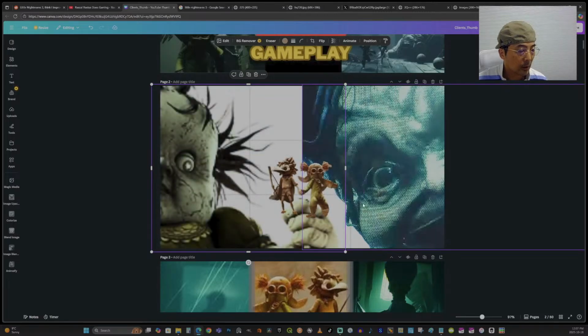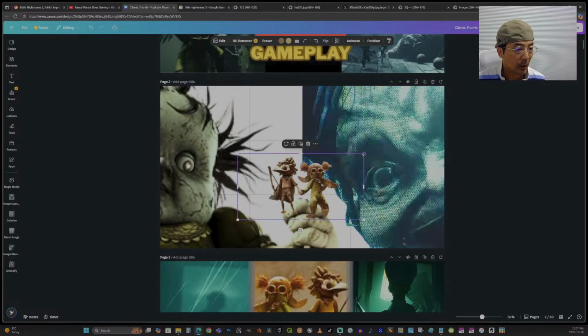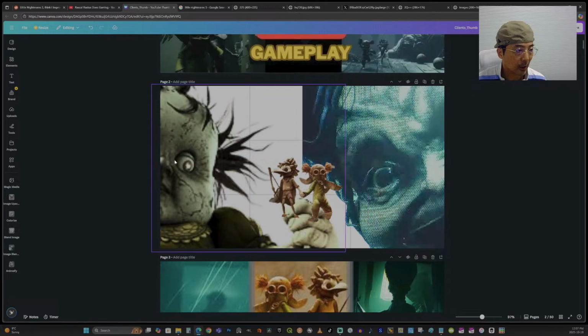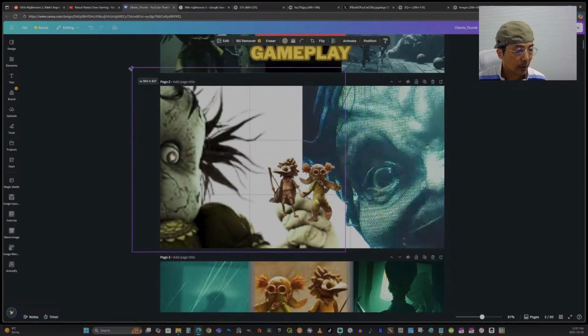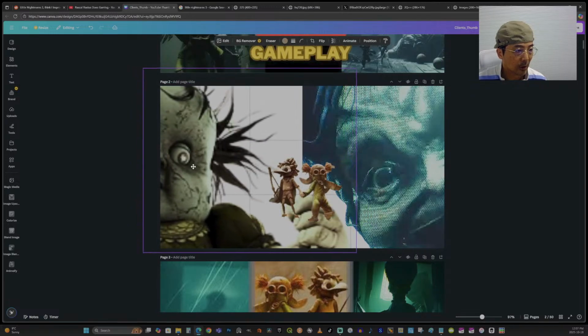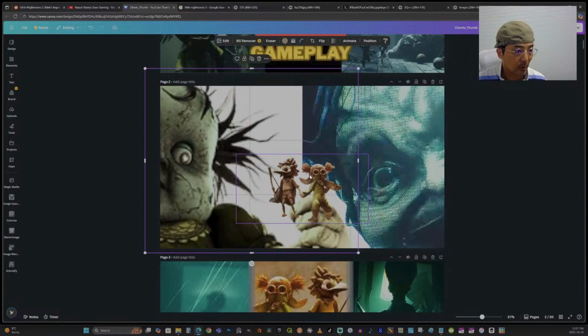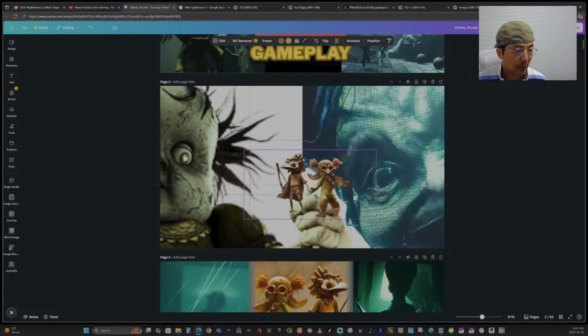And then done. Now it's much cleaner, but we want that hand to be covering their legs. I'm just enlarging this as much as possible, so when they're standing over the hand,